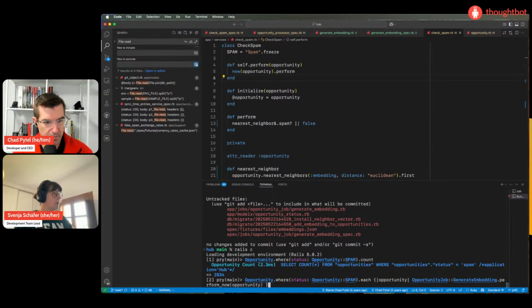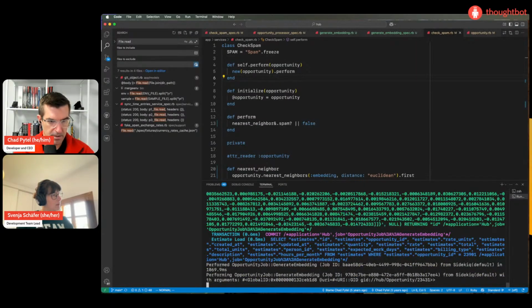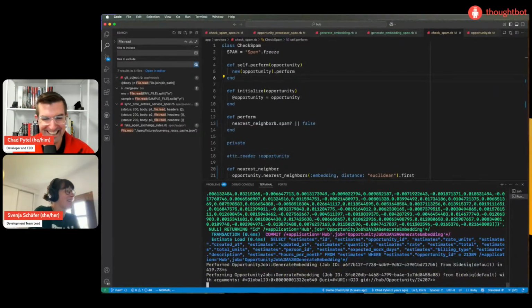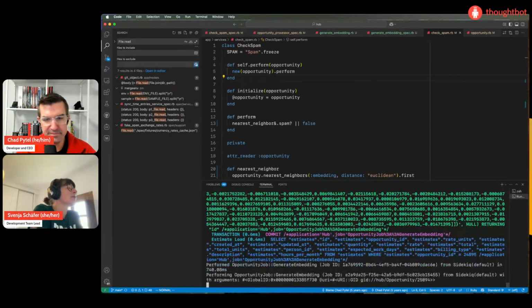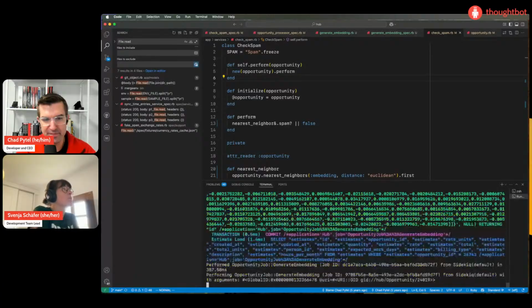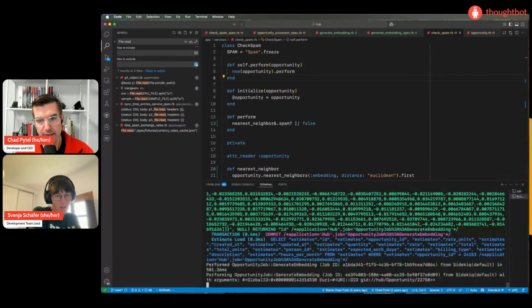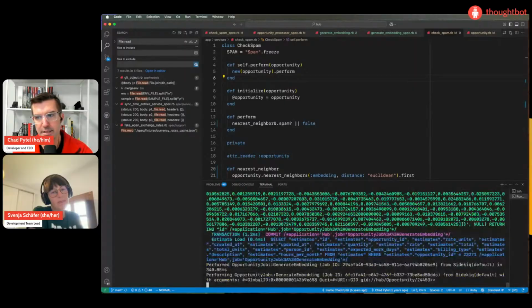I'm generating embeddings for all the spam opportunities. I probably should have just done like 100 of them. No, that looks like spam. But can you call this training? Not in AI terms, but for me, this is training. Yeah, this is not training because we're just generating embeddings. We're just taking those descriptions and everything, and we're saying, give us the mathematical representation of this thing.